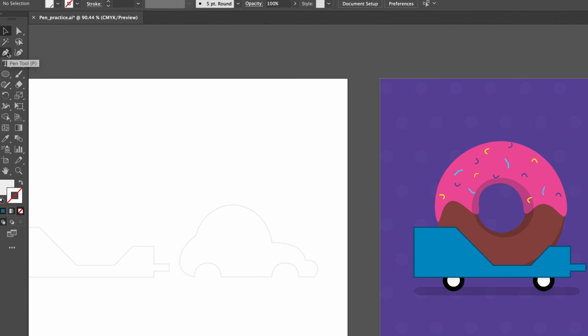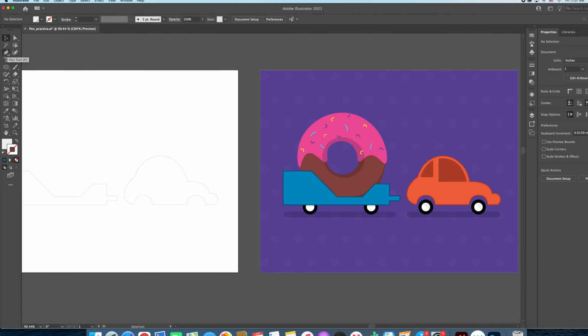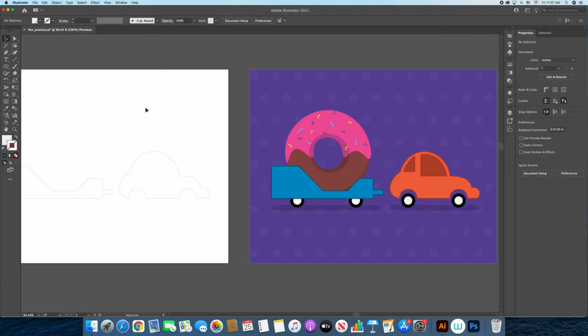Now, the Pen Tool is a very powerful tool. You can create any shape or logo design, and you'll be using it with designing t-shirts and maybe even typefaces, and a lot of different stuff. And the Pen Tool works the same way as in Photoshop. So the Pen Tool is a very useful tool that I really want to cover in